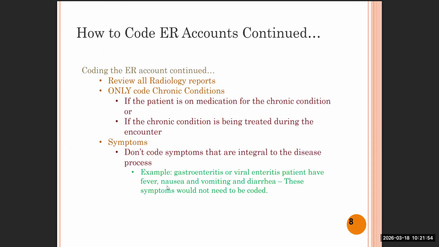The patient has fever, nausea, vomiting and diarrhea. These are symptoms and would not be coded. Right? Gastroenteritis is a definite diagnosis and viral enteritis is a definite diagnosis, so no need to code nausea, vomiting and diarrhea in this scenario, right?